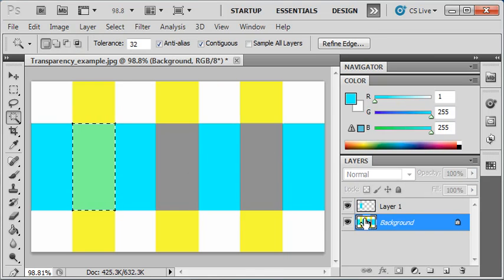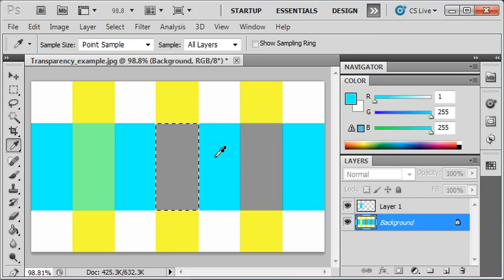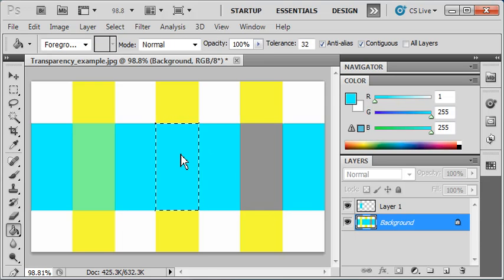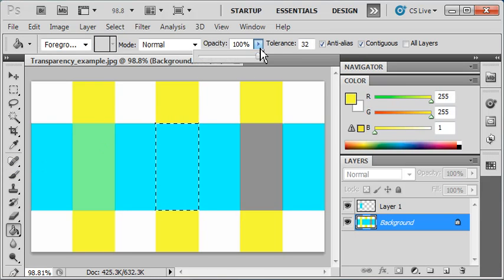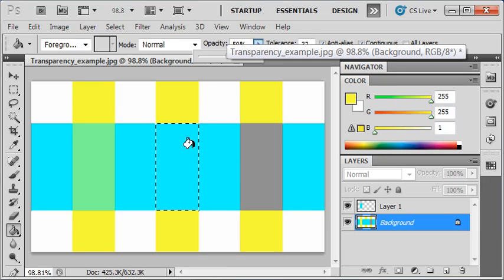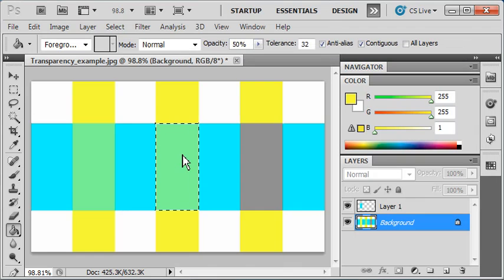We're going to go back to our background layer. We're going to select this transparent area again, drop in our colors. The sequence is pretty much irrelevant. You can do this any way and still end up with the same results. So here we've got our horizontal laid in. We're going to select the yellow. We're going to stay on this background layer, this original layer that was created. And this time, now that we have our yellow, we're going to go to the paint bucket tool again. We're going to change the opacity to 50%. So no new layers, no additional steps, just going to the paint bucket, opacity 50%, drop it in,